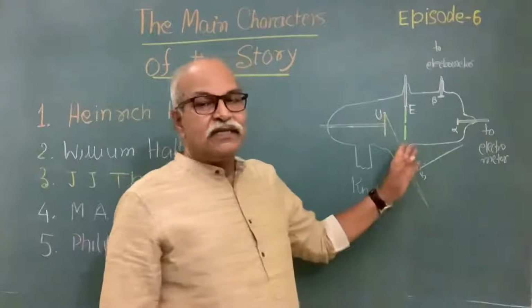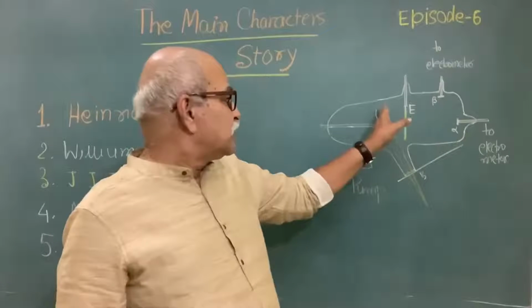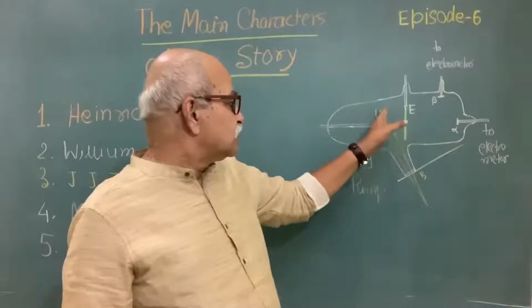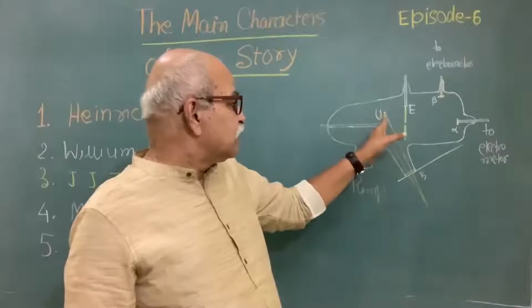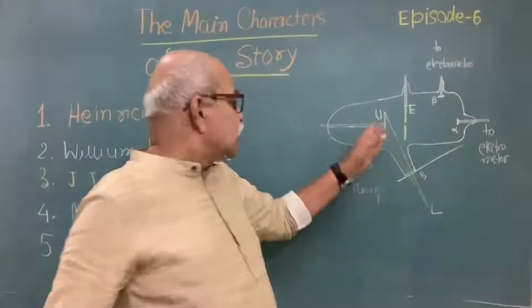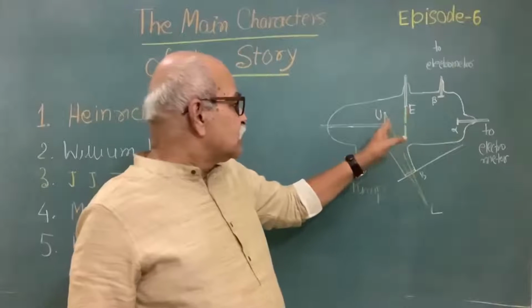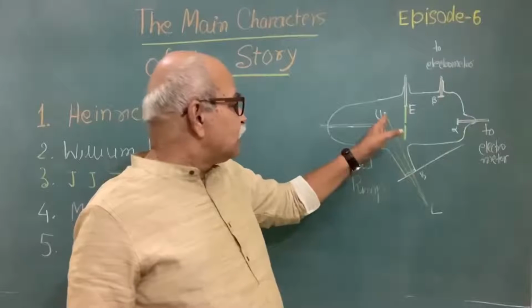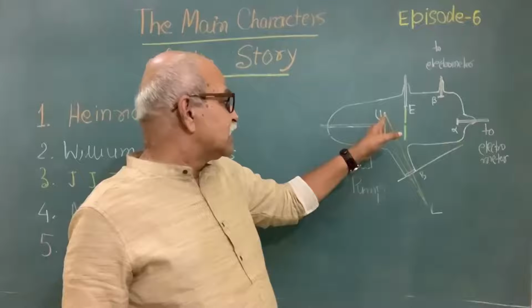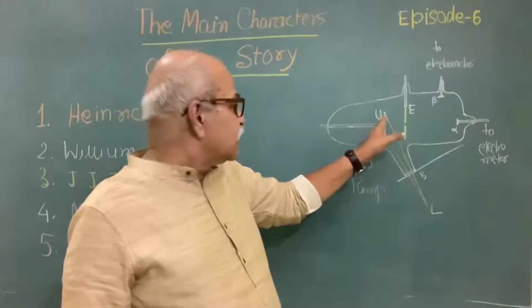So here is the apparatus. We have already described it. This is the plate from which the photoelectric effect will take place, and from the source L, light is coming. This E is the counter plate. This U is the plate from where we expect this photoelectric effect, and that is placed at a certain potential that